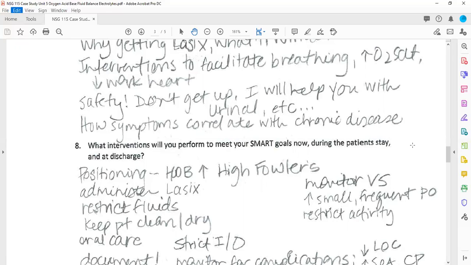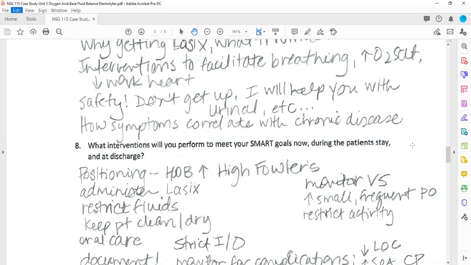Small frequent PO, and that's what I mean by small frequent amounts of cleaning his mouth, those small fluids that he can have. In the state that he's in, he's not going to sit there and eat a big meal. He doesn't have the energy to do that or the oxygen. So instead of that, we want to keep him nourished. We might suggest that we order him something like Ensure to have very dense calories in a small amount of liquid. So those kinds of things of eating and drinking in small amounts, resting, and then in a little while